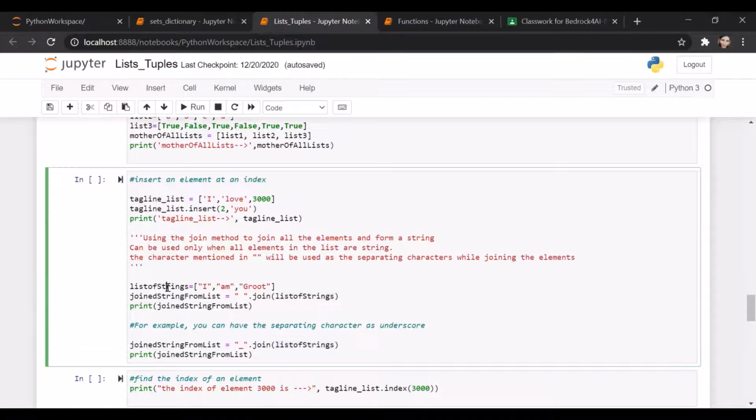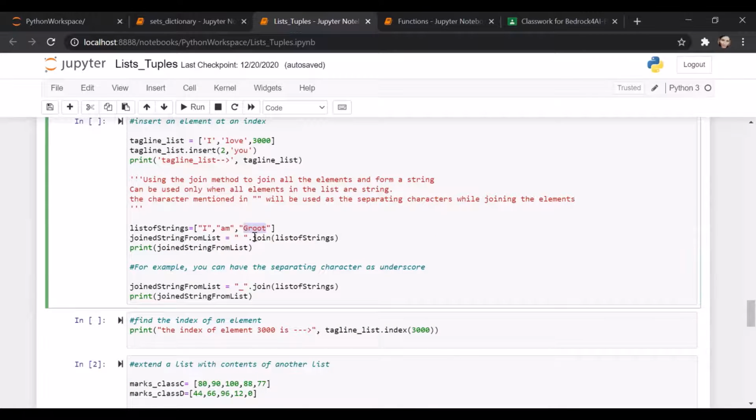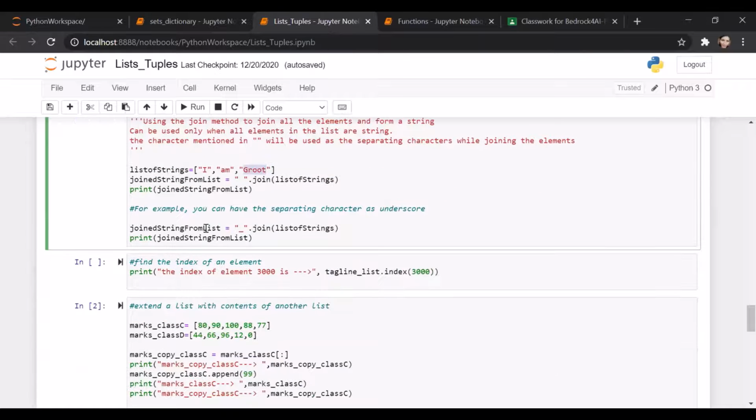So you can have a list of strings and then you can join these individual elements. So right now this list has 3 elements, and each of these are strings, so you can join these 3 to form one string. So this is quite an important functionality and we'll discuss why.